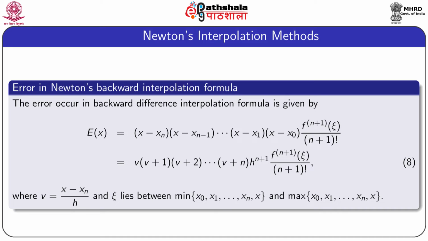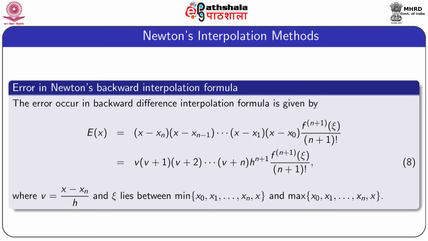Like the Newton forward difference interpolation formula, we can calculate the errors in Newton's backward interpolation formula. That error is also determined from the general formula for the errors, which is discussed in module 1 of chapter 2. That one is E(x) equal to (x minus xn) into (x minus xn minus 1) and so on, and the last term is the (n plus 1)th derivative of f at xi, whole divided by factorial n plus 1,